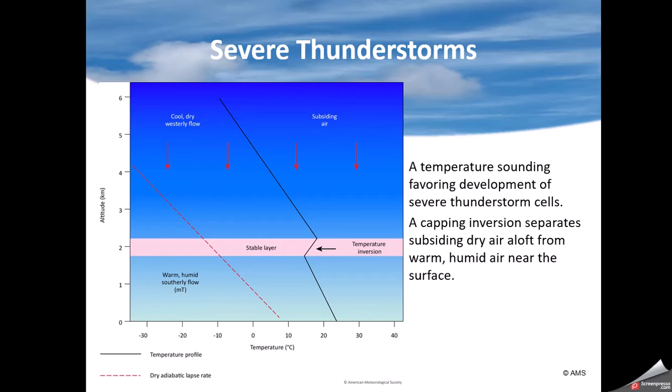Another thing that helps in many parts of the Midwest, you get a stable layer that develops. That stable layer allows the low-level air to warm up. You don't even get any clouds because of that layer, so that by late afternoon, the temperature has warmed significantly, and you wind up with a better chance of stronger convection.